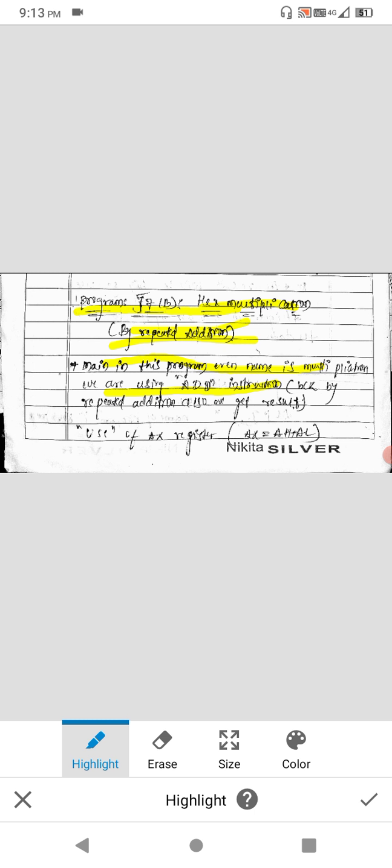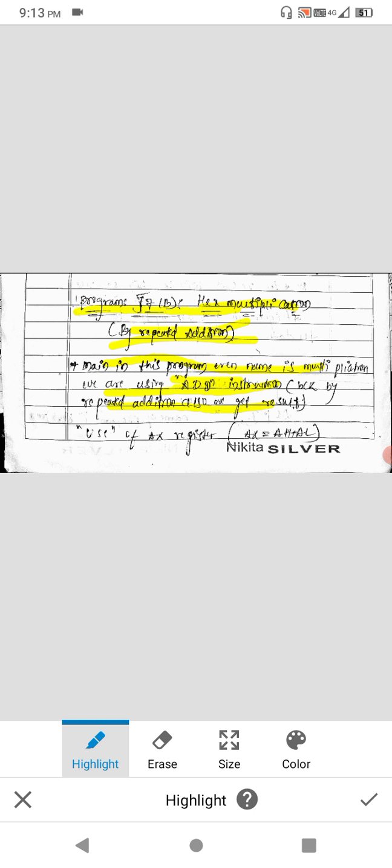Even in a multiplication table, we get it by repeated addition, so for that we have to use the add instruction, because repeated addition also gives the result as the multiplied result of the given two numbers.